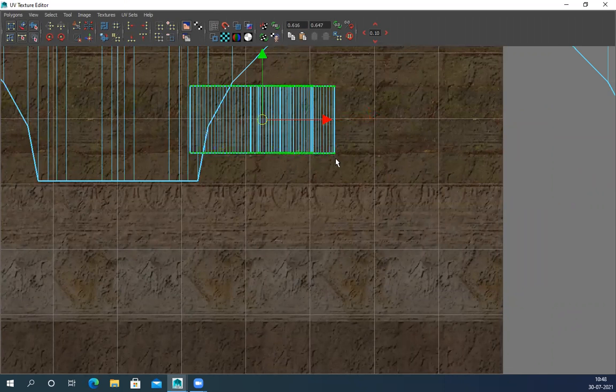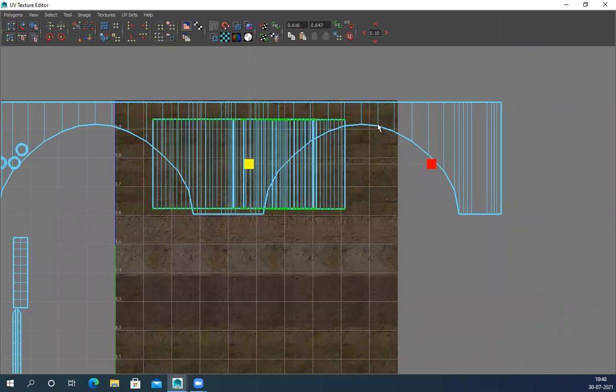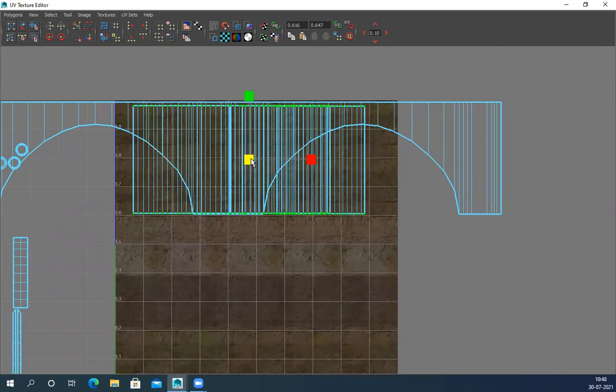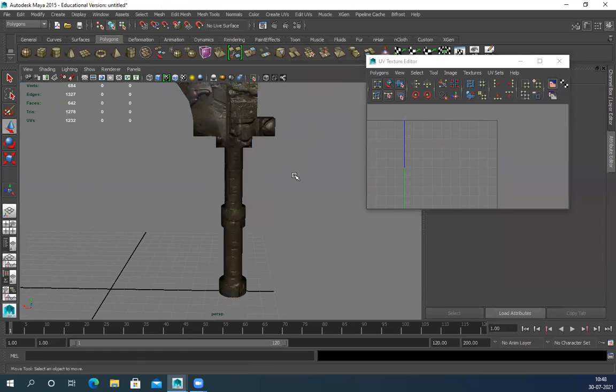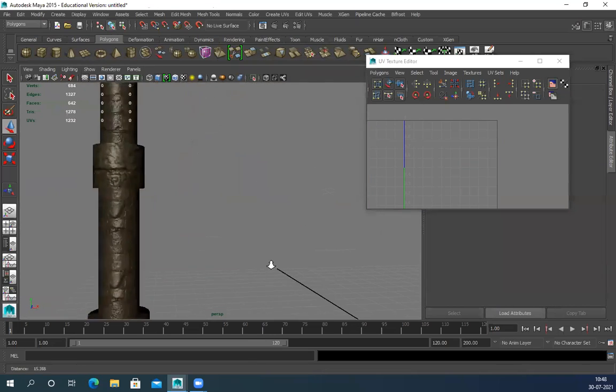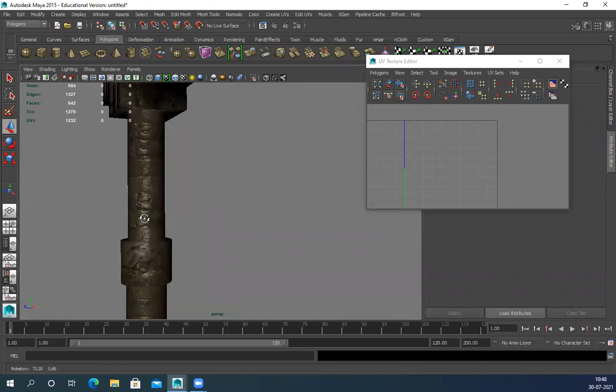Make all of them shell. You see, same texture. And you can see the detail level, you don't lose any detail.